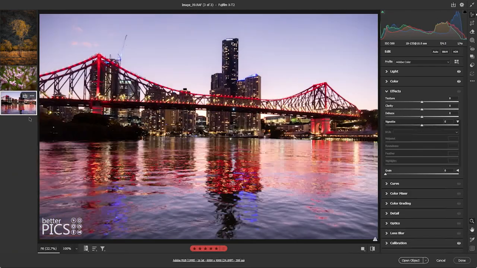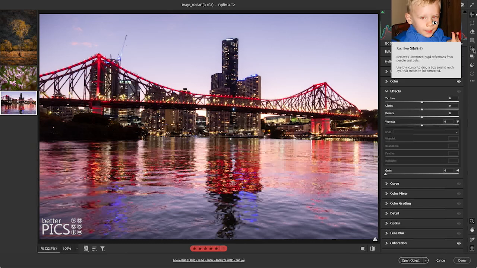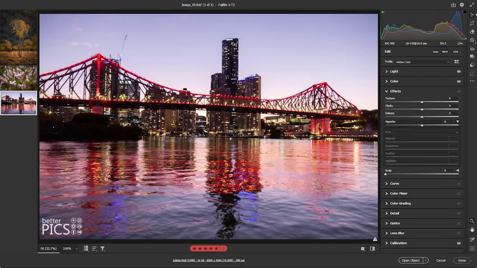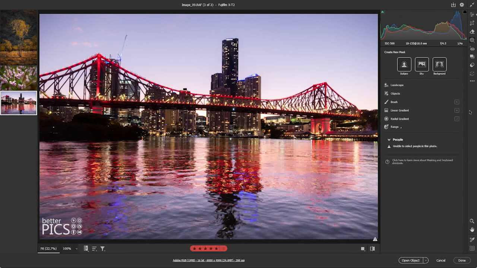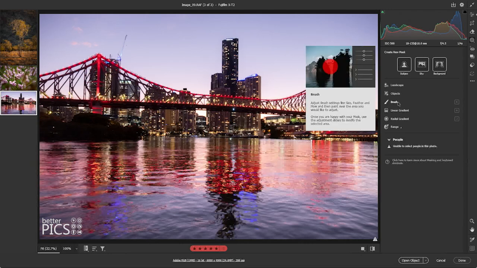Now, the last image that we're going to look at, we're actually going to look at a totally different technique. And what I'm going to use is the adjustment brush. And it's just up here on the top right-hand corner under your tools. If you have a look at your adjustment brush there. And I'm actually just going to use a brush. So this is a little bit of an old school method that I use, and it literally is painting in exposure